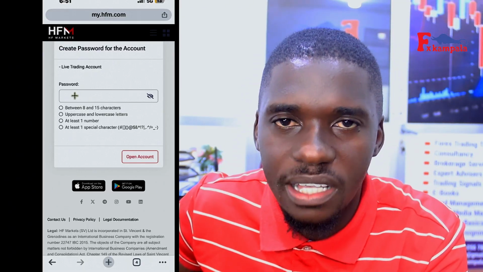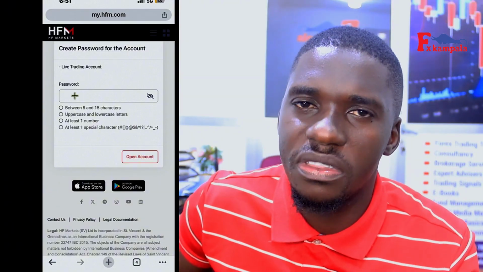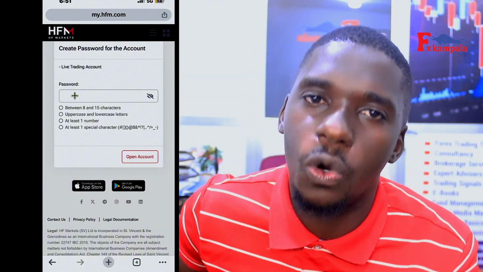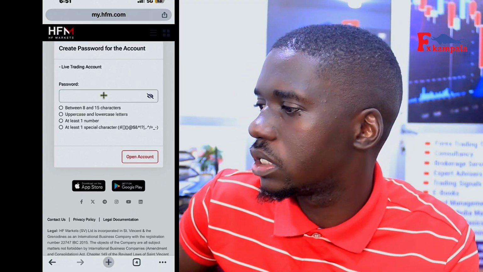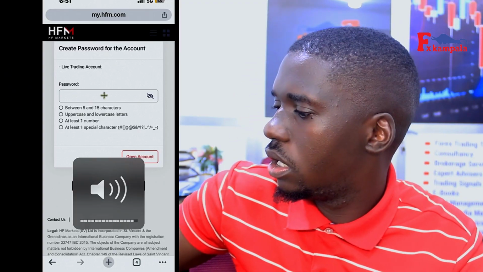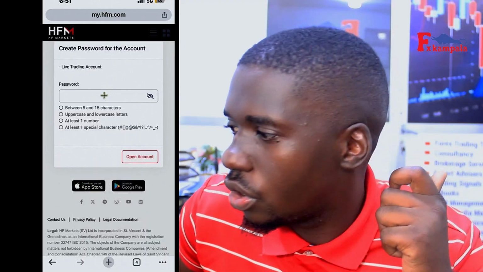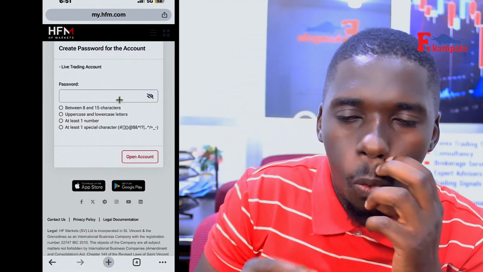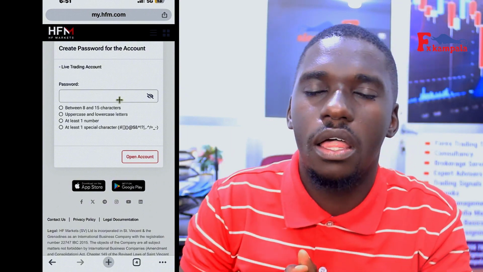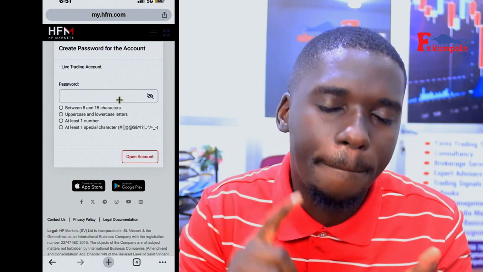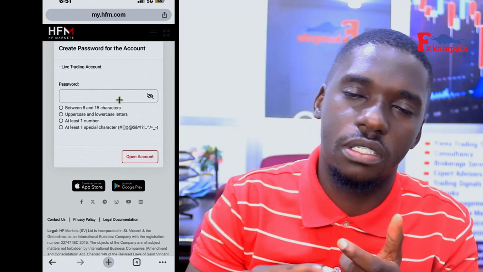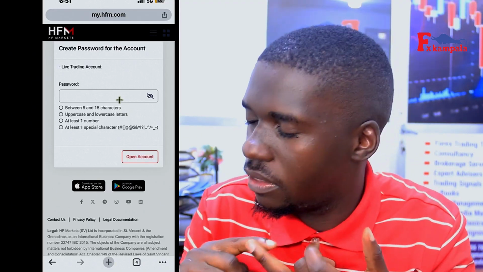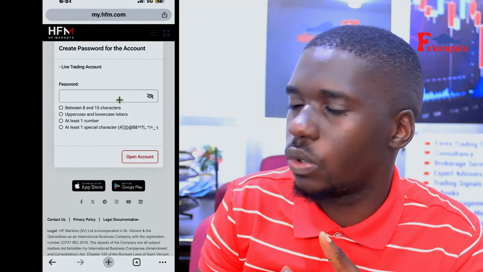Create a password for this account. You can literally use the same that you use when you're creating your account. Okay, so once you create it and put it there, they will send you a login. They may not send it. They will tell the one that you have created, the login, server, and the passwords that you will need to put in MT5 for you to start trading,